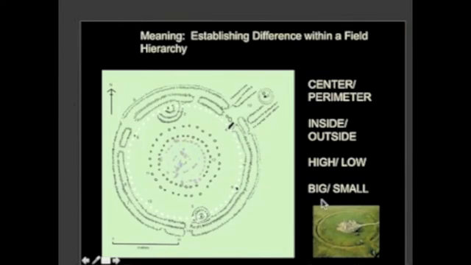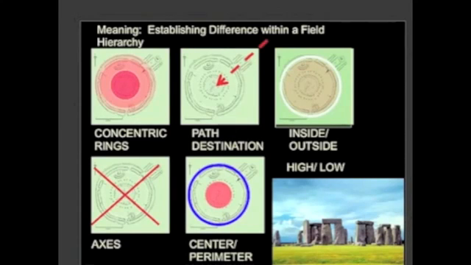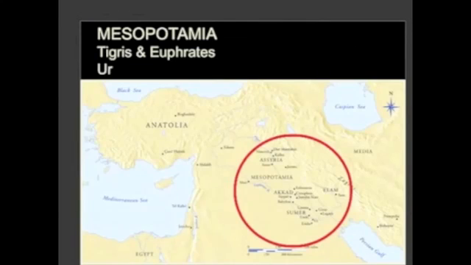So here we see, oh, green field, same, different, even more different, most different. And so we have all these different kinds of organizations inflecting toward a center, creating hierarchy, and establishing meaning within this organization. So we spoke about concentric rings, the idea of the path. Are you inside? Are you outside? Axes cross, it gives us a point. We have a perimeter that organizes itself around a center, and so forth. There, several thousand years of history, done.